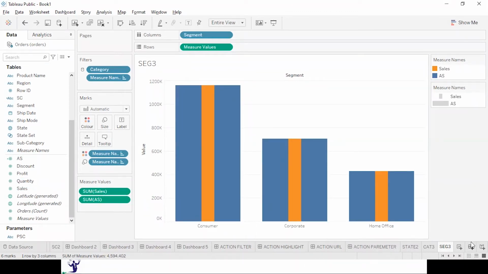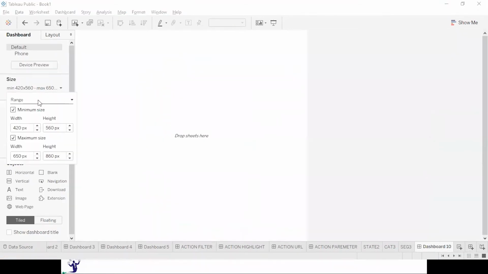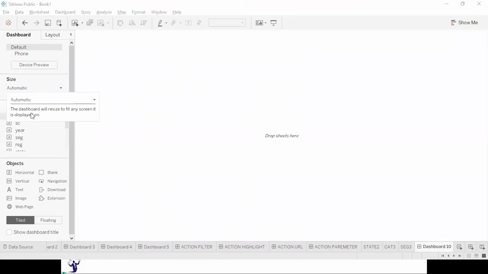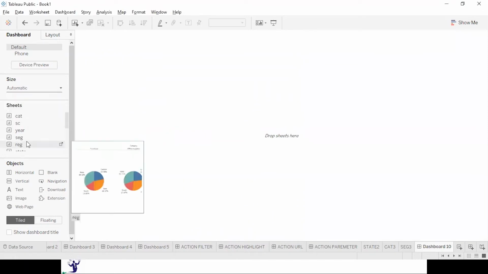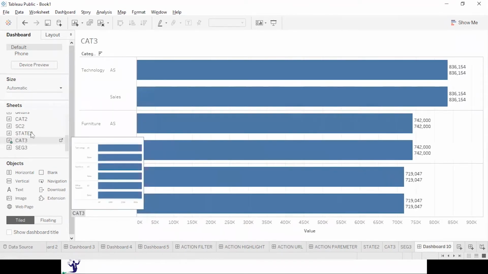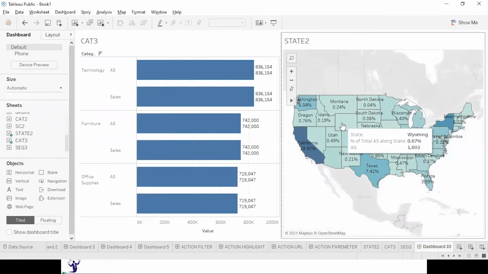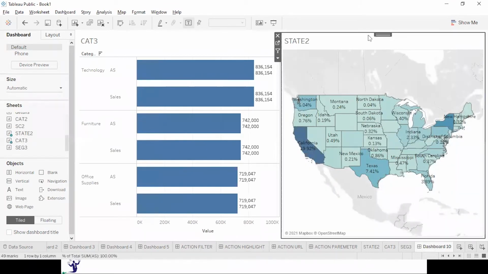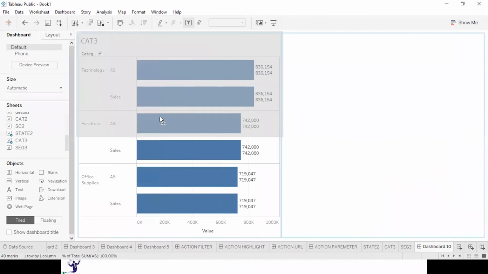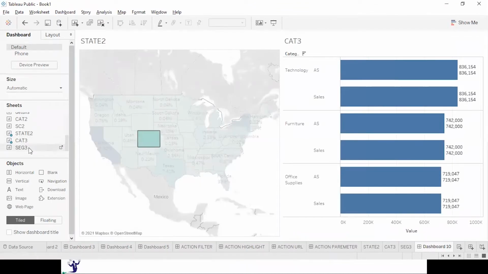Let me create a dashboard now. First thing is the size to be made automatic. Let me take category, state, category, state or segment.